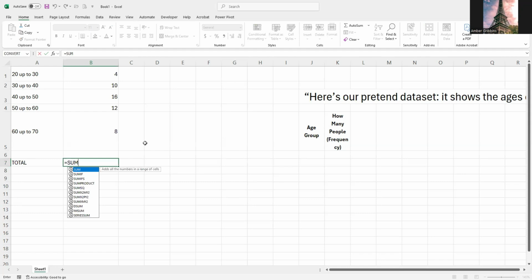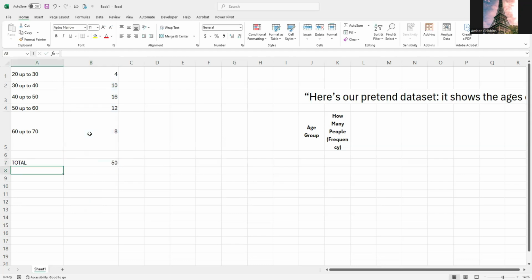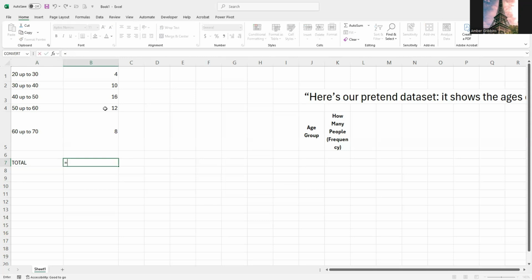Okay. And if you start to type the SU and you see the sum is coming, you can just click it twice, just like that. And then you can take your mouse and touch the B1 and pull it down. And now you just have this wonderful little sum of all these numbers, adds it together right for you. Now, if you don't like to touch your mouse, you can hit the equals button and just click and hit the plus, click some more, hit the plus. Just two different ways of doing it. Gets the job done. I think sum is easier.